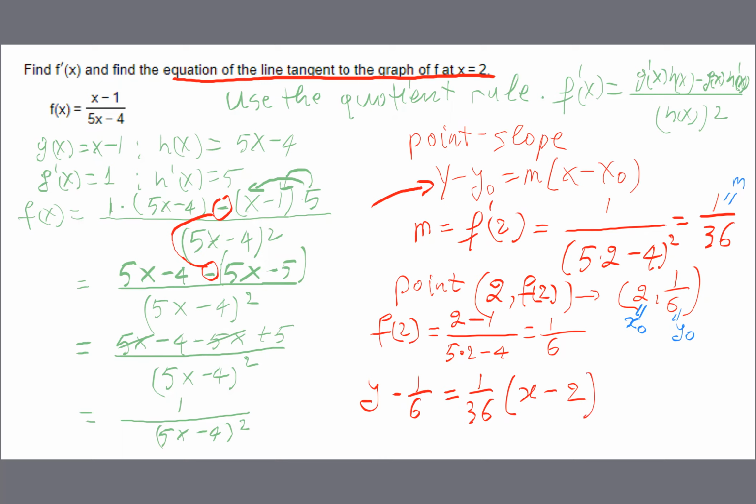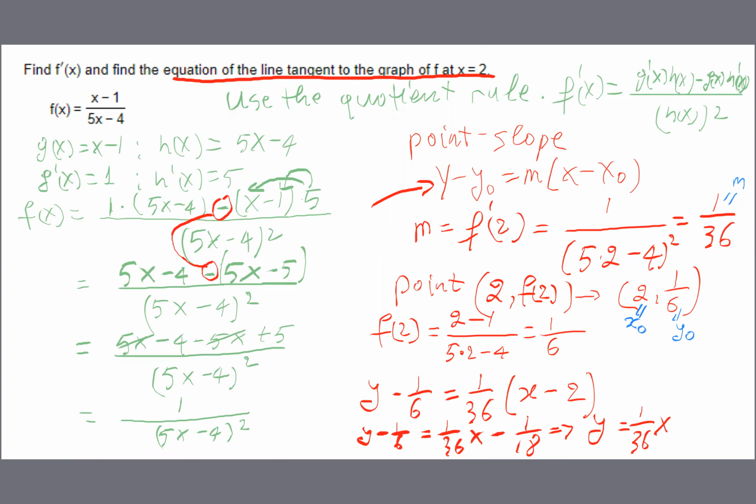Okay, so simplify this. y minus 1/6 equals 1 over 36x minus 1 over 18. As a result, add 1/6 to both sides. We're going to have y equals 1 over 36x